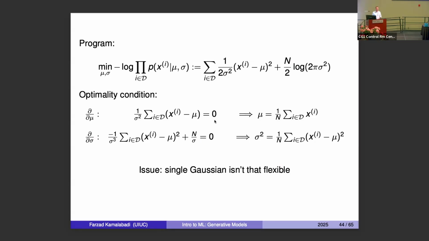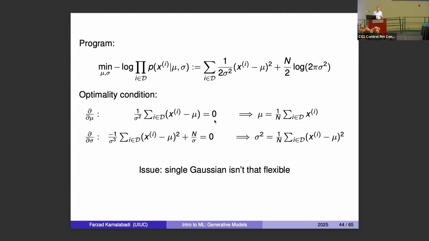intuitive, but what's the difficulty? I started with a simple premise saying that I have a cluster and I just want to fit the Gaussian to it. You remember the example I started with in developing variational autoencoders? You have one cluster, you can have multiple clusters, you can have a line, then you can have an embedded space, you can have a latent space that we don't observe, right?